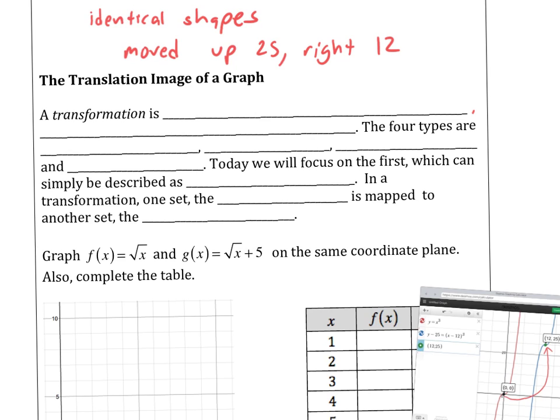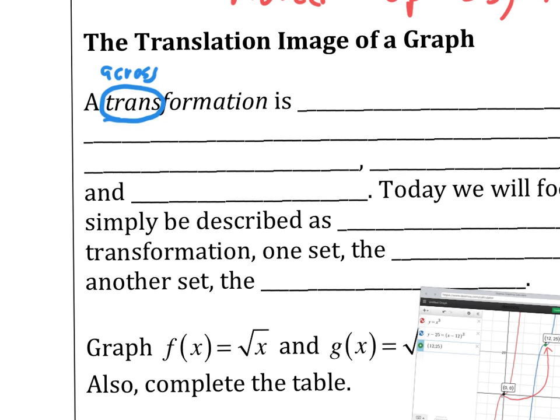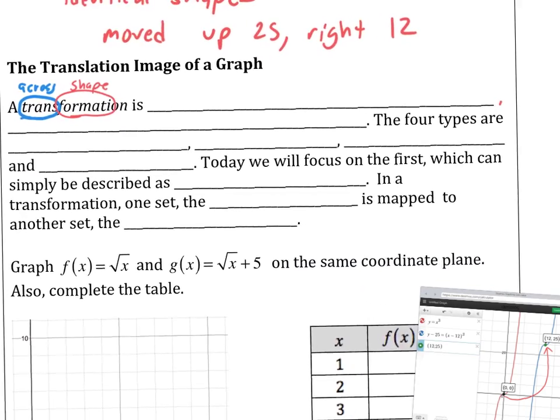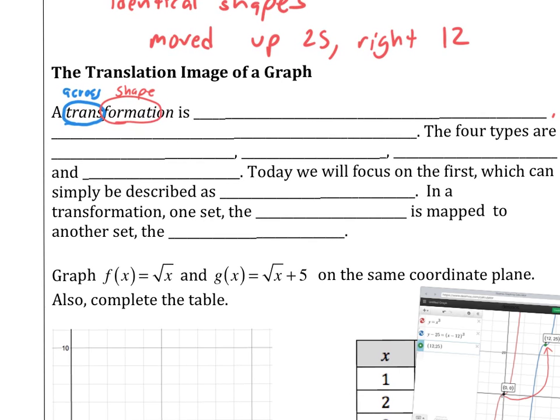So today we're going to be chatting, like we said, about the translation image of a graph. The first thing to talk about is the word transformation. Trans means to go across, like a transatlantic flight flies across the Atlantic. And of course, form, you know what form is? That's just your basic shape. So this means to change shape. Transformation, transformers. But here's the technical term. Here's the technical. It is a